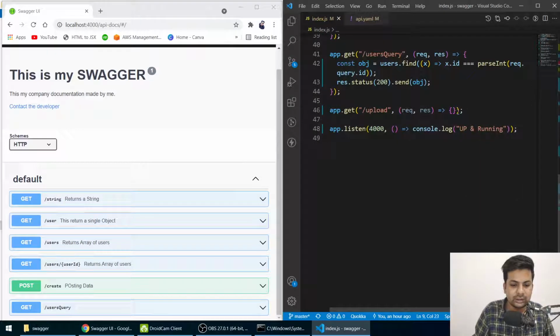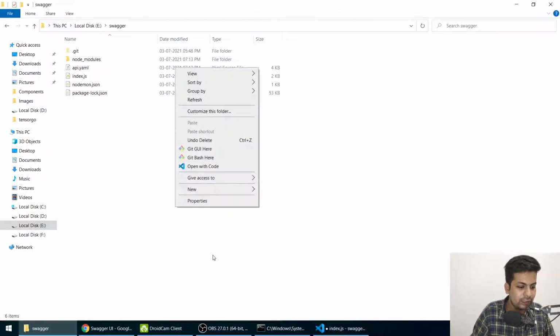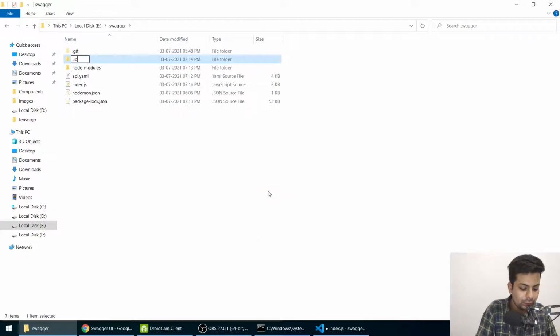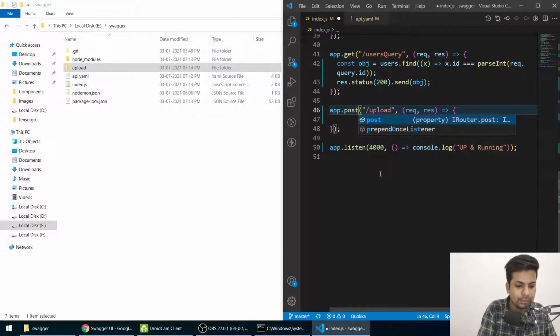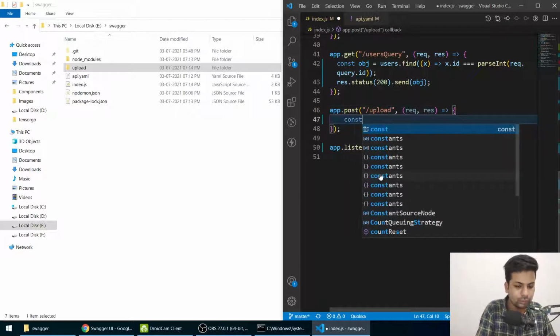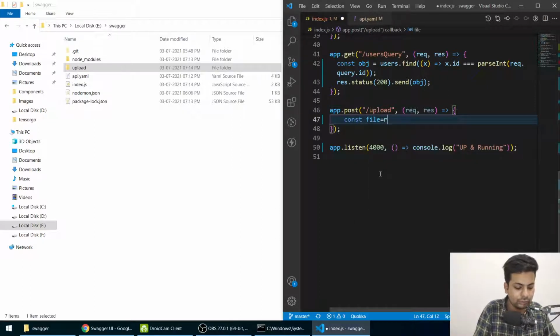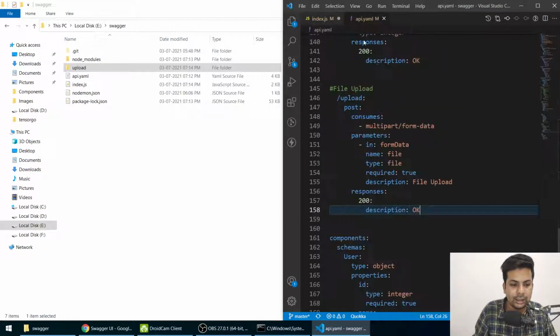Now here I'll take the file. How will I take the file? It's very simple. Firstly, I'll make a folder called upload. Now, instead of that get, it will be app.post, and here I'll say const file equals req.files.file, because the name of the variable is file.